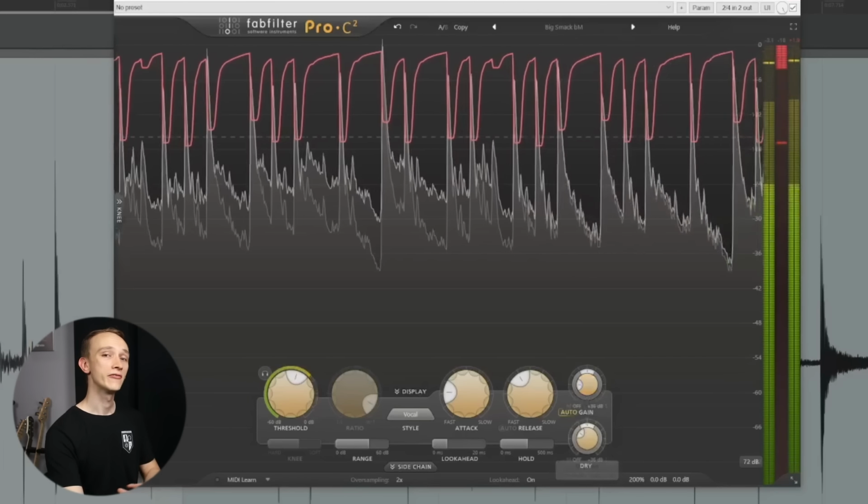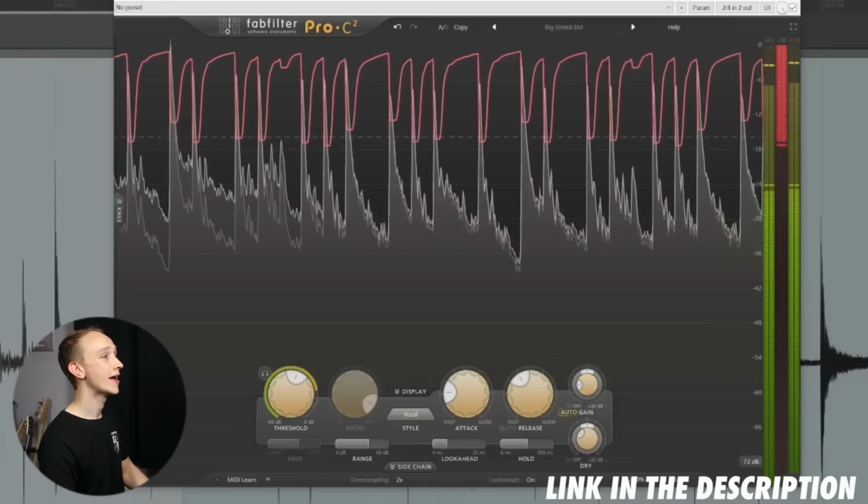Let's take a look at the controls that you'll commonly find on a compressor and how to use them. I'll be using one of my favorite compressors for this demonstration, the FabFilter Pro-C 2. You'll find a link for that compressor in the description below the video if you want to try it out